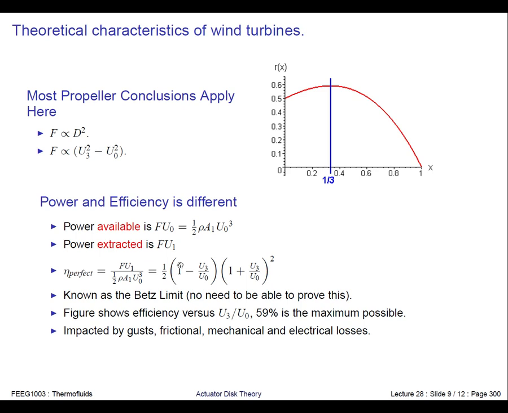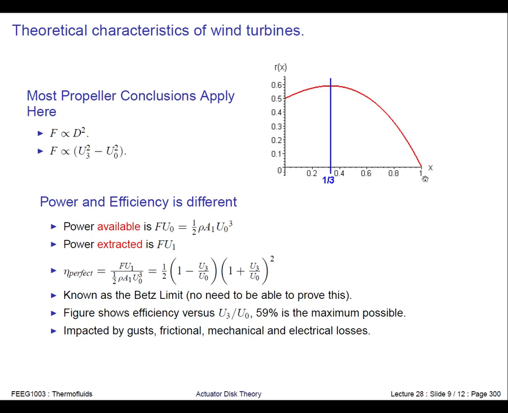This is not really important. I'm not going to ask you to derive these kinds of things. When we plot this curve, we end up with something that looks a bit like this. The x-axis in this plot is u3 over u0, so that's not the same as a propeller. u3 over u0 is the ratio between the downstream and the upstream flow velocities,